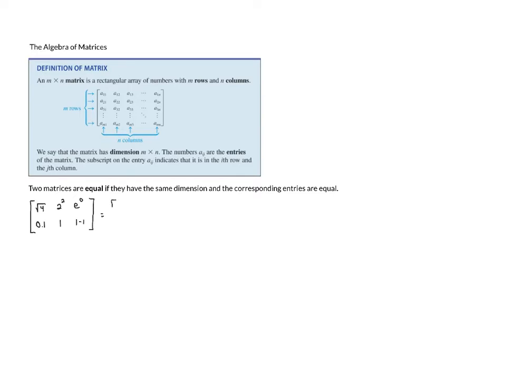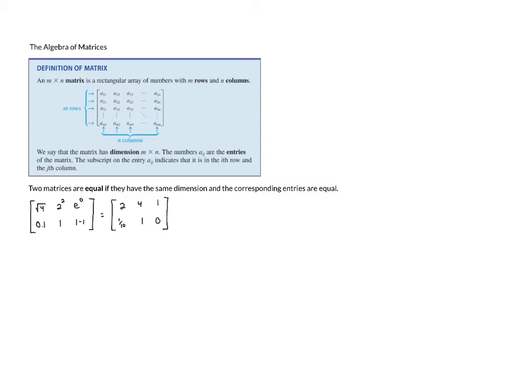And this matrix is equal to the matrix that has entries 2, 4, 1, 1/10, 1, and 0. You'll notice that even though the entries are written differently, they're equal to each other,